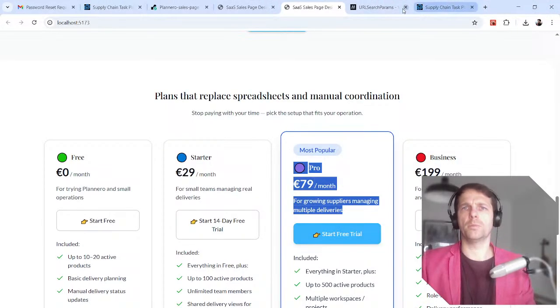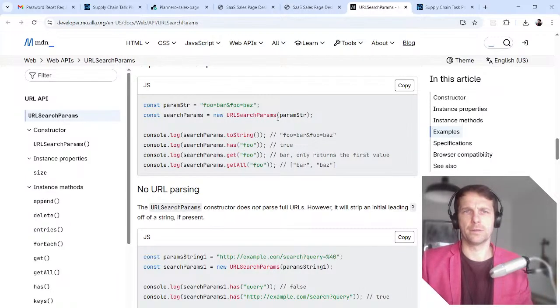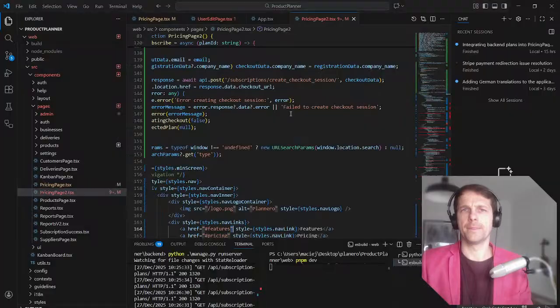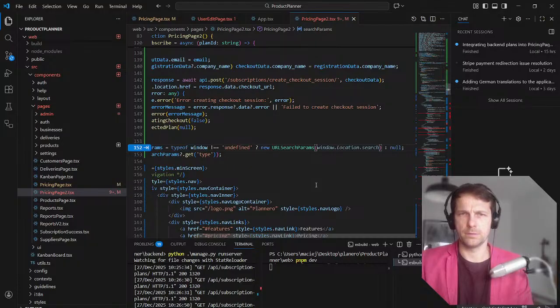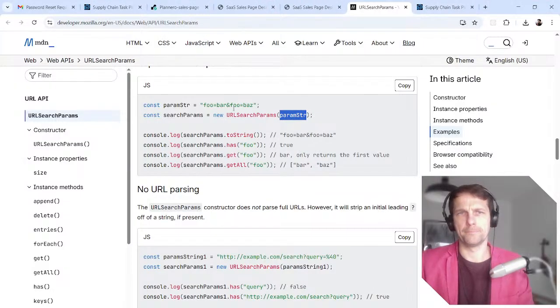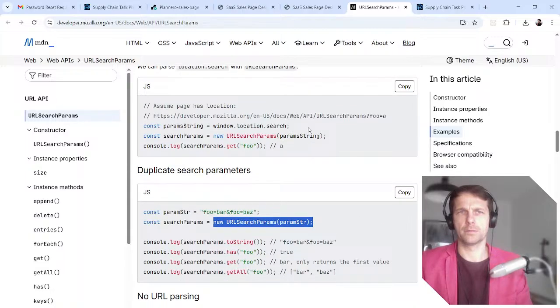Oh, maybe it's not search actually there. Params. Yeah, it doesn't have to be search here. It's just this. No. Yeah, okay.